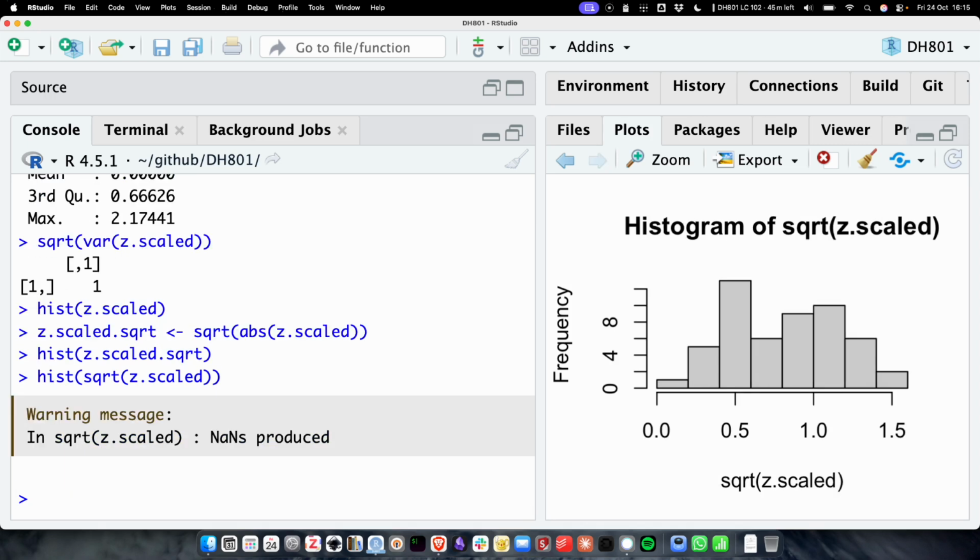Okay. So if it is producing NaNs, which is negative values, there is nothing that it will show up, right? Now, if I do a hist of the square roots, then you see the peaks coming at 0.5, right? Now, do you think what is going to happen next? If you fold, if you take the absolute value before doing it,